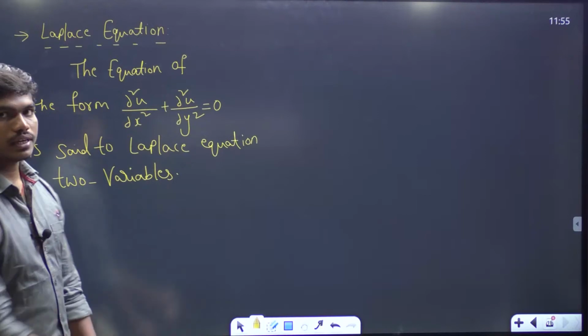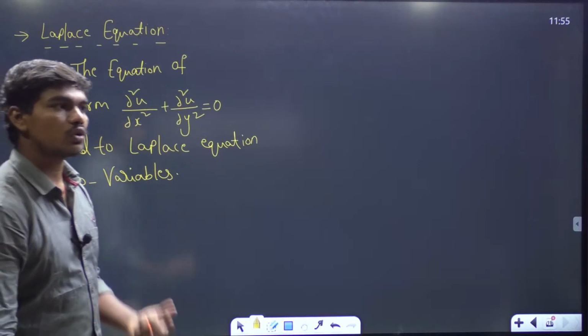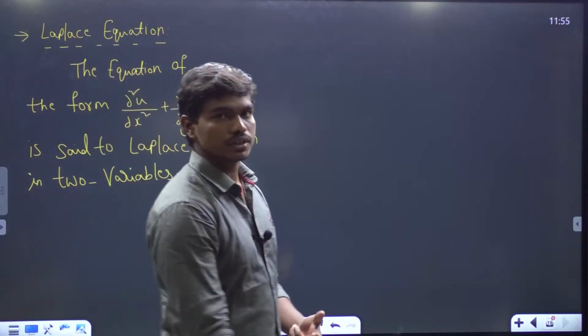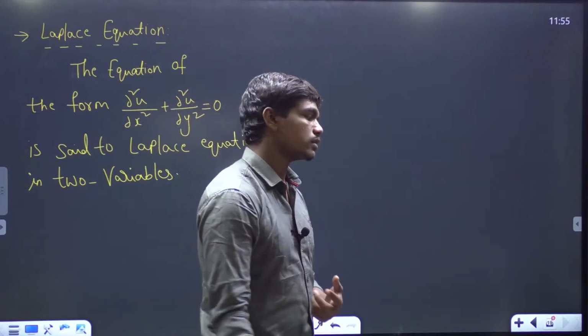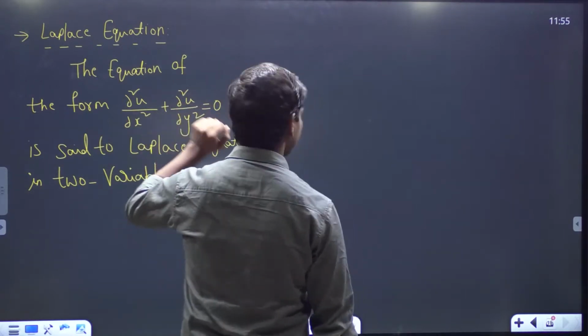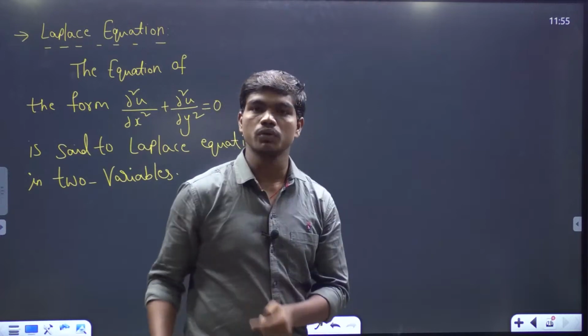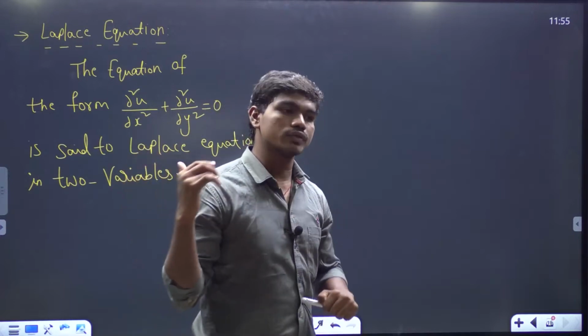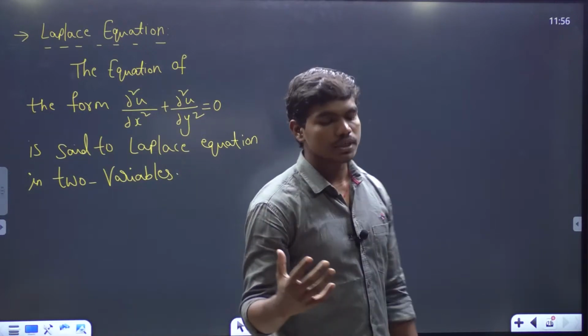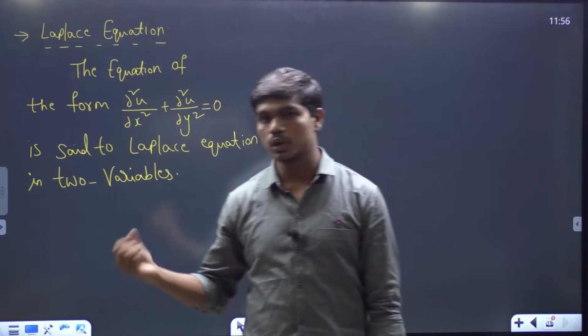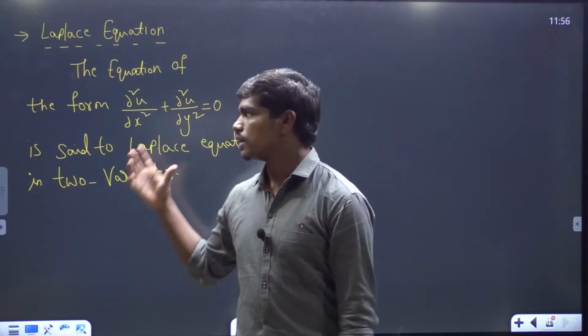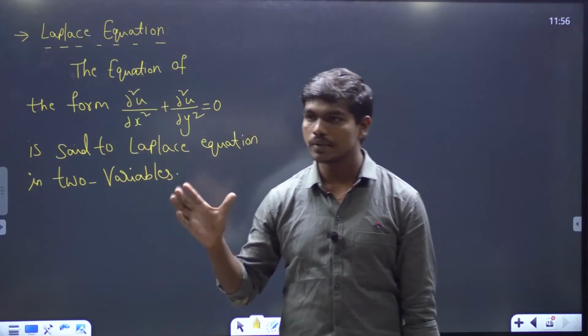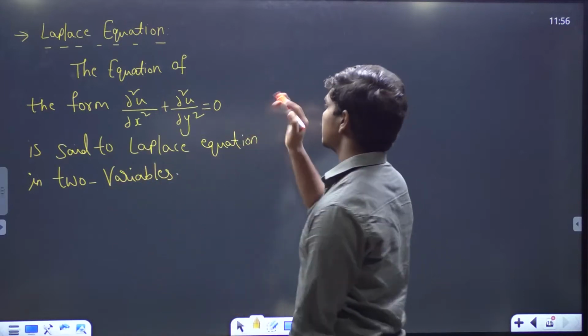Okay, so basically the functions which satisfy this Laplace equation are called harmonic functions, which we deal with in complex calculus generally. So basically, I just want you to know that this is a partial differential equation of second order, because it involves terms like dou square u by dou x square plus dou square u by dou y square. So this is basically a second order partial differential equation, and if you look at the nature,